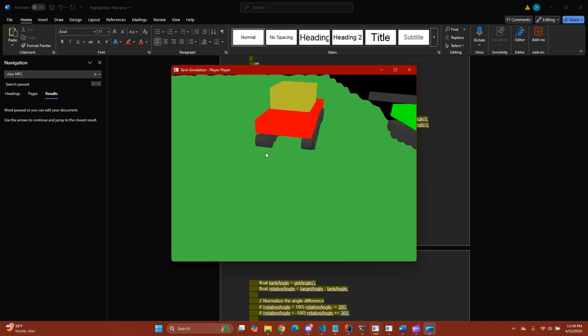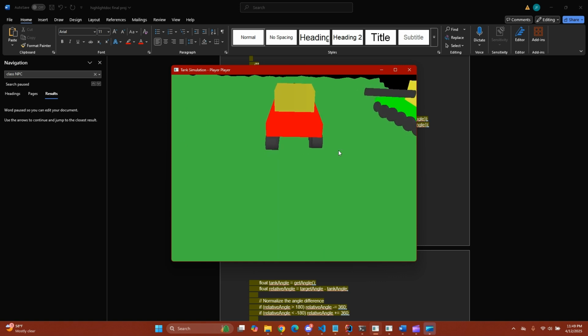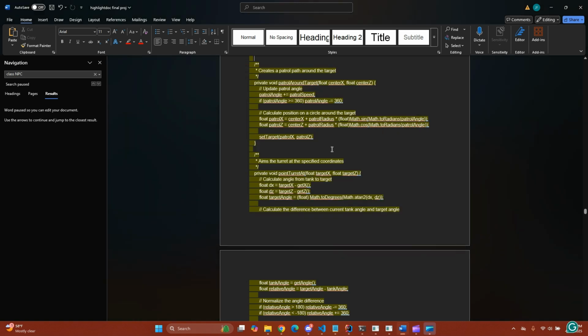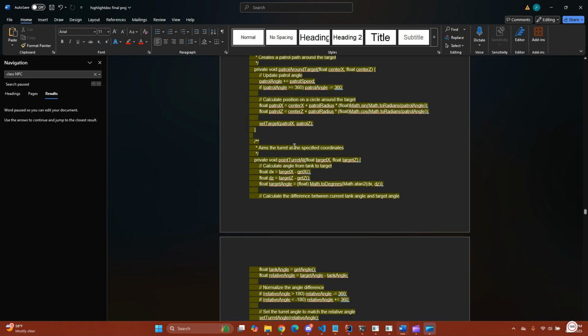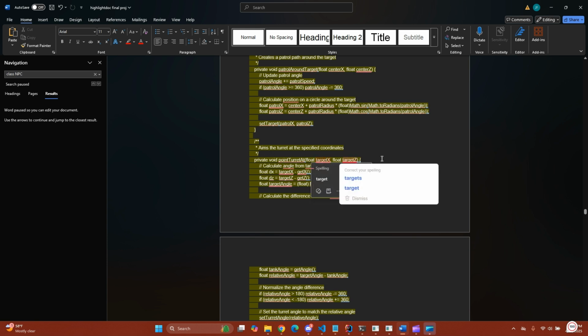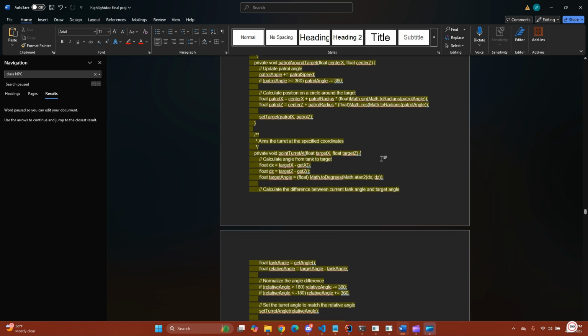Okay, yeah. Patrolling does work around the player, even though it doesn't look the best. It does actually work, which is surprising from the little testing that I've done. So we're able to point the turret at a target, and it takes the target X and Z coordinates as we have before,